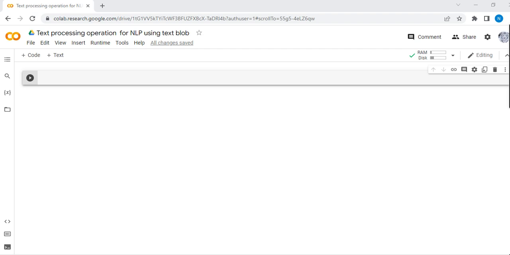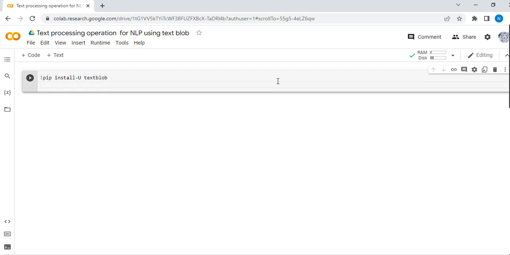So our today's project is text processing operations for NLP using TextBlob. Let's start the project. For this project, firstly I am installing a library with the name TextBlob, that is pip install textblob. Then I am installing a library in Python with the name Corpora. I'm installing it in TextBlob, that's why I'm writing here